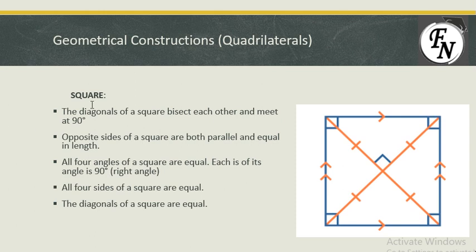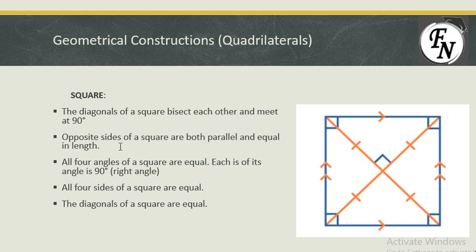First of all, we need to understand what diagonals are. This red line, from one end to the other end, is a diagonal, and the two diagonals come in a cross like here. So this shape has two diagonals, and when these diagonals intersect in the center, they make 90 degrees. This is the first property.